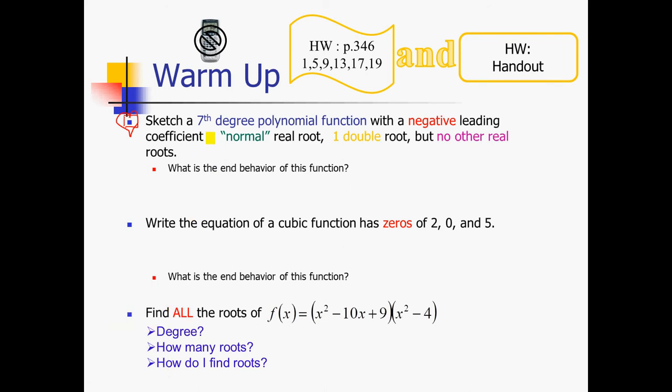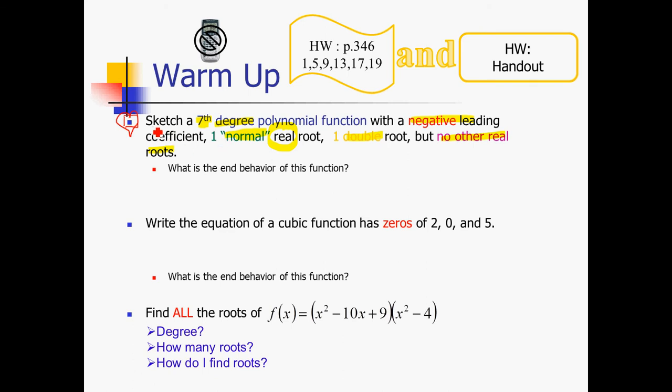I can get a lot of things and tell by your answer whether you understand what an odd degree function looks like, if you know the effect of a negative leading coefficient on the end behavior, if you understand what a normal root is, which I have in air quotes, which means it's one of my words, so I'll tell you what that means in a minute, to be real, what a double root means, and what having no other real roots means. I can see the answer to all of those questions in